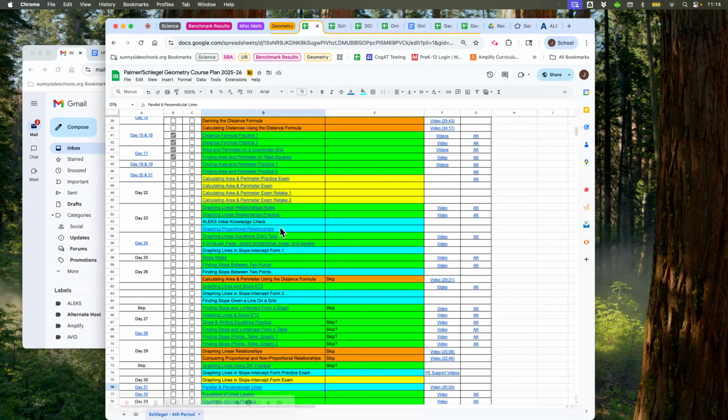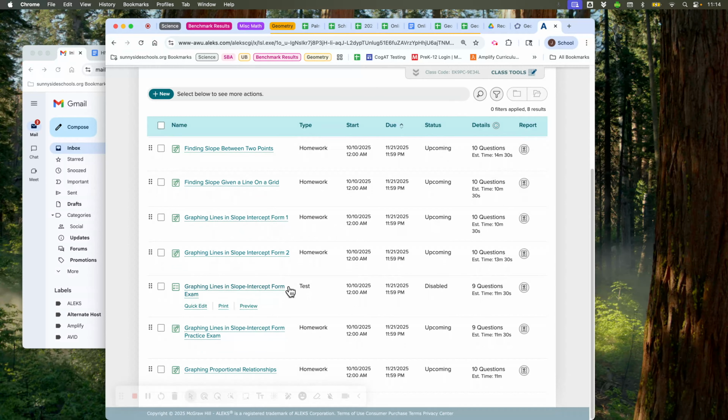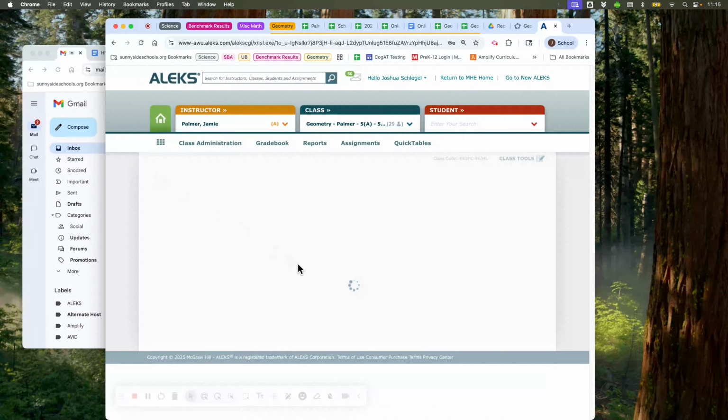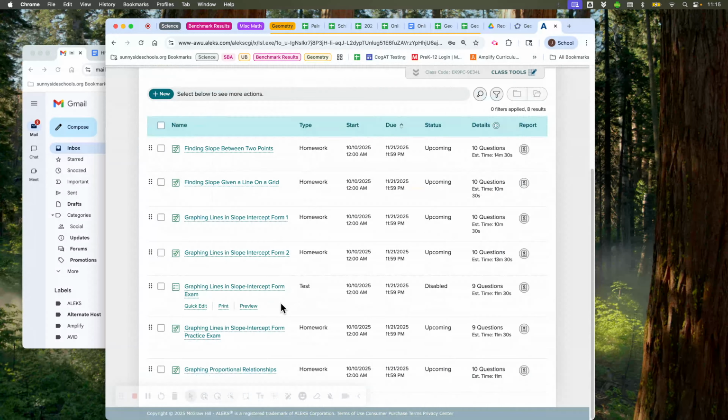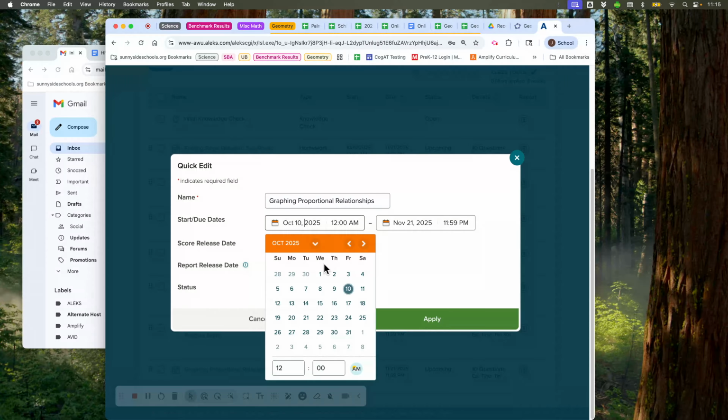So as we're going through and doing stuff, if you like what I've set up here, we'll run through the knowledge check really quick, and then graphing proportional relationships would be the first one. So we just find graphing proportional relationships on here. You can click it and it will take you to a place where you can edit all kinds of stuff. If you're just wanting to change the date, so like let's say we're like next Tuesday and we're like, hey, I want this assignment to be open on next Tuesday, you just hit quick edit and then